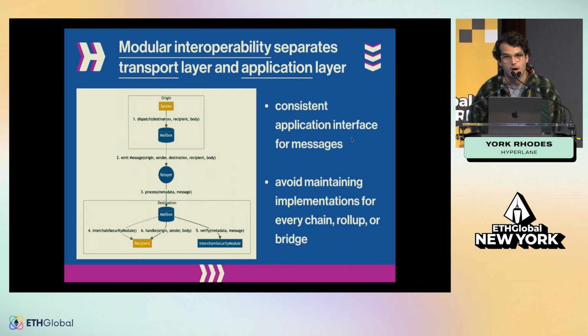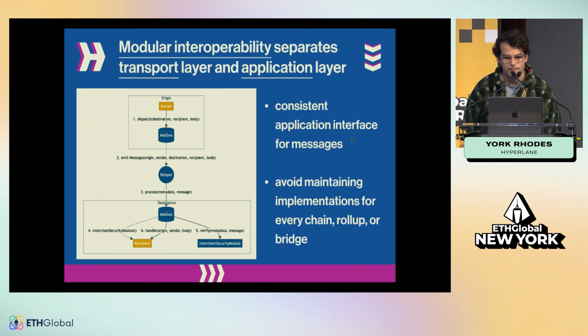And so at Hyperlane, we've been thinking hard about this problem, and we've been trying to figure out what's the right abstraction to allow dApp developers not to think about this, not to think about how Optimism has their own bridge interface, Arbitrum has their own bridge interface, ZK Sync, Ronin, Polygon, whatever, they all have their own interfaces. And really, you want a consistent application interface, right? I think we'd all like there to be some simple function that you can use, but the challenge becomes, okay, how do we maintain the security guarantees of these underlying bridges while having a consistent interface? And this is what the Hyperlane protocol does.